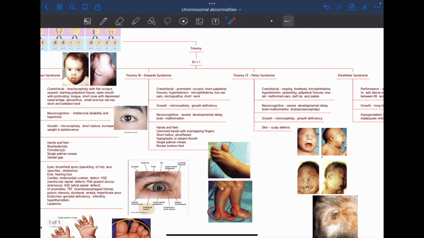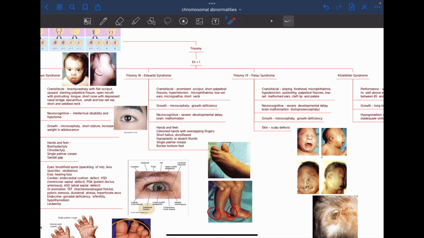Something worth mentioning for both of them is usually the fetus will not live up until the first year. Usually it is a very severe illness or severe abnormality, and usually the baby doesn't live. So you do have certain problems and certain changes. One of the most prominent things with children with Edwards syndrome is hypertelorism, so there is a large distance between the eyes, microphthalmia, so the eyes are small, short neck, microcephaly, developmental delays,